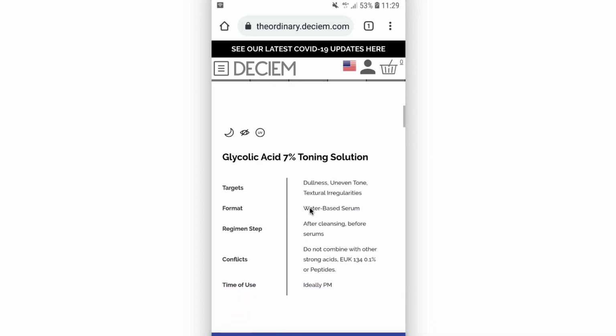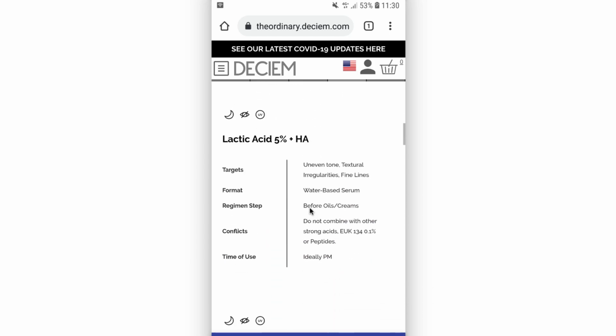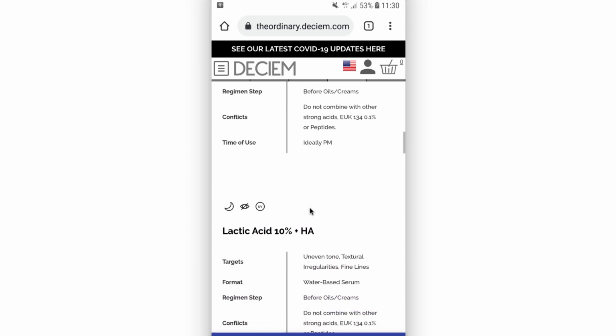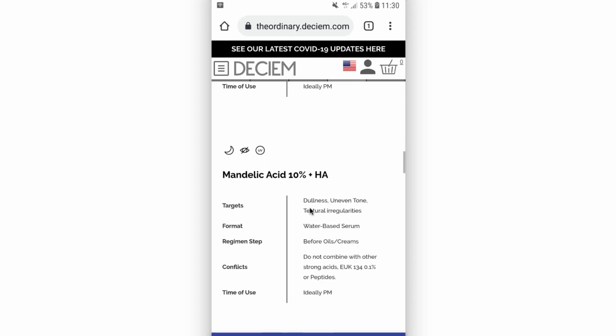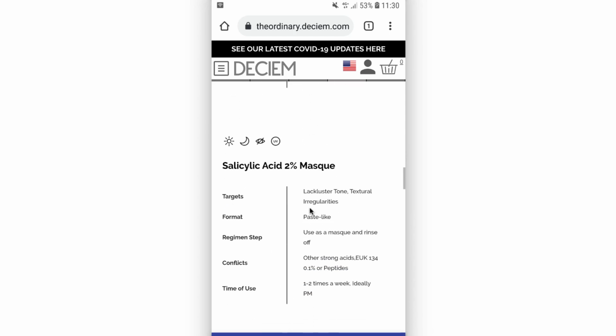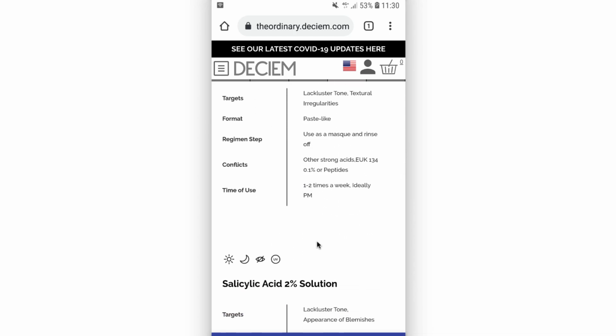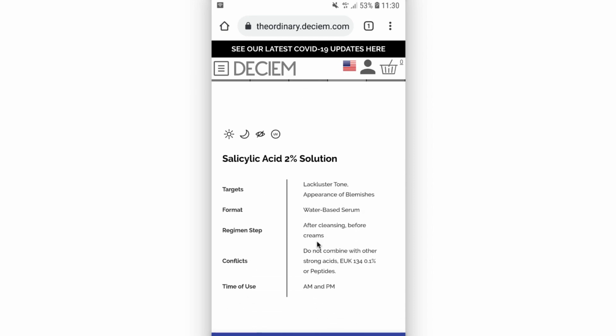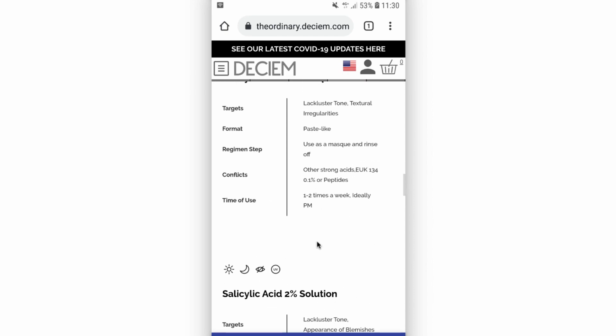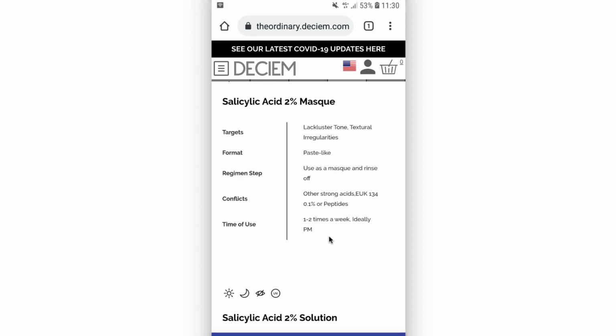The glycolic acid 7% toning solution is a strong acid. Lactic acid is a strong acid. Lactic acid 10% is a strong acid. Mandelic acid is a strong acid. And then you have the Masque as well as the salicylic acid solution is a strong acid. So this can give you a brief idea of what you can and cannot use when using the salicylic acid